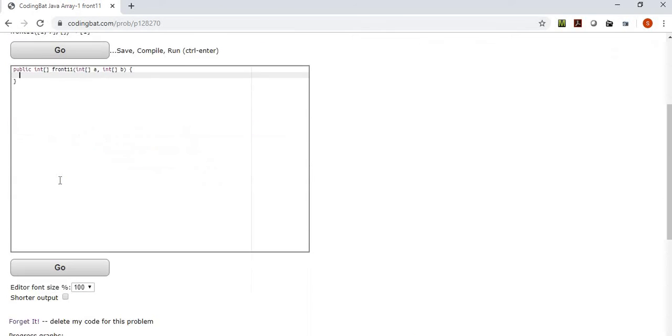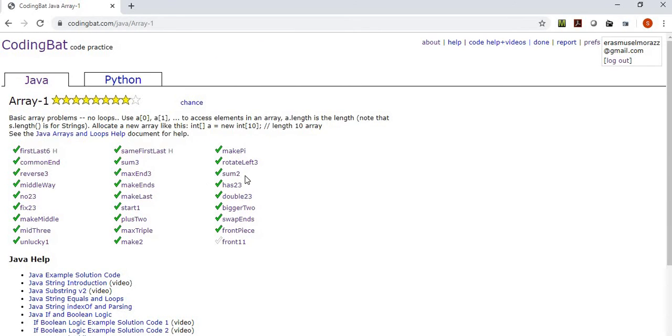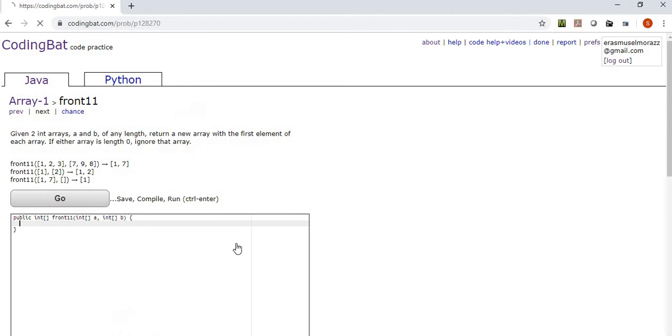And Front11. I think this is our last one. Front11. Given 2 integer arrays, A and B of any length, return a new array with the first element of each array. If either array is length 0, ignore that array. And I think that's the tricky part. If we know that the arrays are at least length 1, we just create an array and assign each of the first of those. The tricky part comes from the fact that in Java,